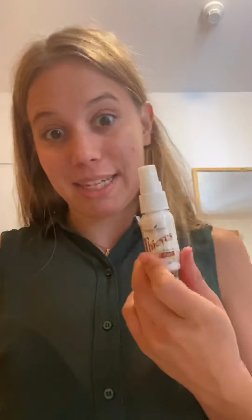Always having it with you, if it goes on your hands, great. Nothing bad is going to happen. You can use it for surfaces. So I think it's very, very useful on the road, especially these days. And I think that basically can cover a lot of things that you would usually carry or buy on